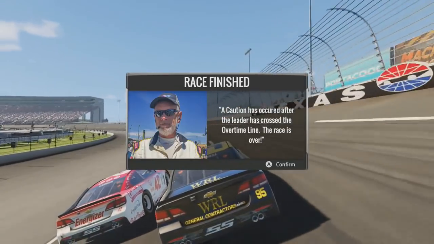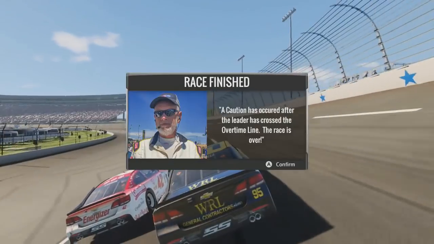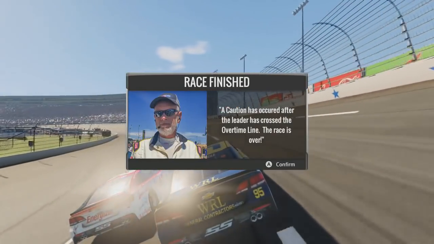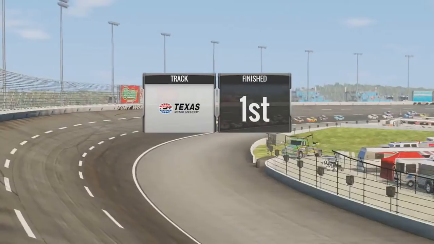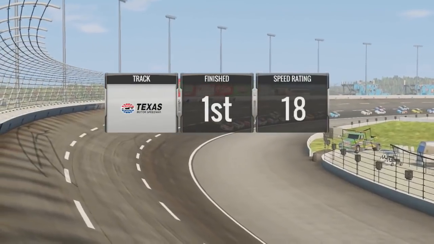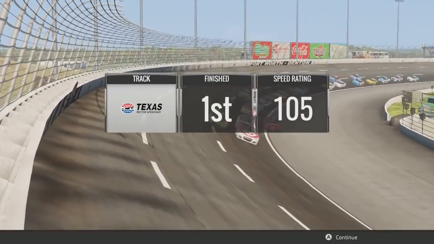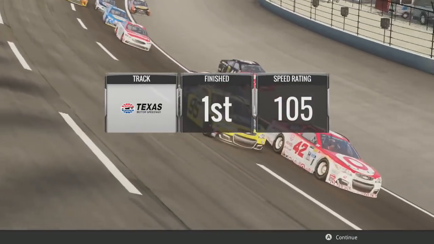Oh my god. Can you imagine if that happened in real life? Going into turn 3 and 4 and they just throw... Oh, well, that was kind of shitty, but I'll take it. I'll take a free win. Damn, that was ugly. And Junior fell...